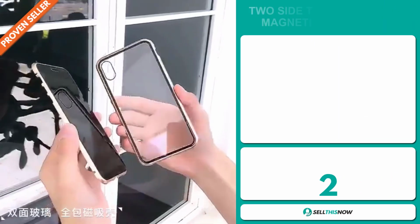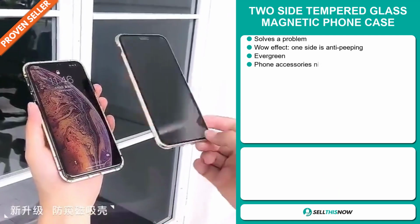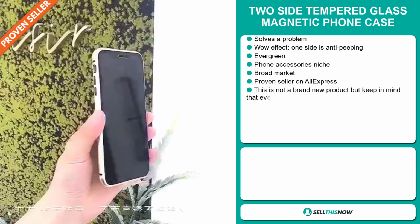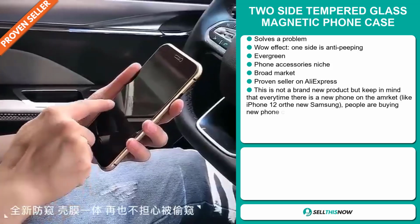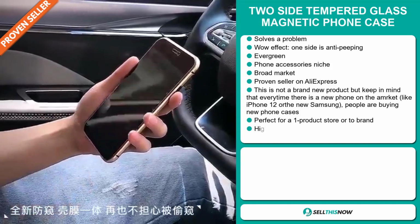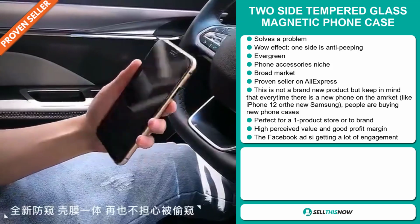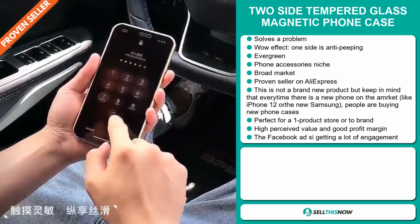Our next product is the two-sided tempered glass magnetic phone case. Now this is a problem solver. It definitely has that wow effect, as one side of the phone is anti-peeping. It's an evergreen product, which means you can sell this all year round, and it falls under the phone accessory niche market. We also think that this item has a broad market base, and it's a proven seller on AliExpress